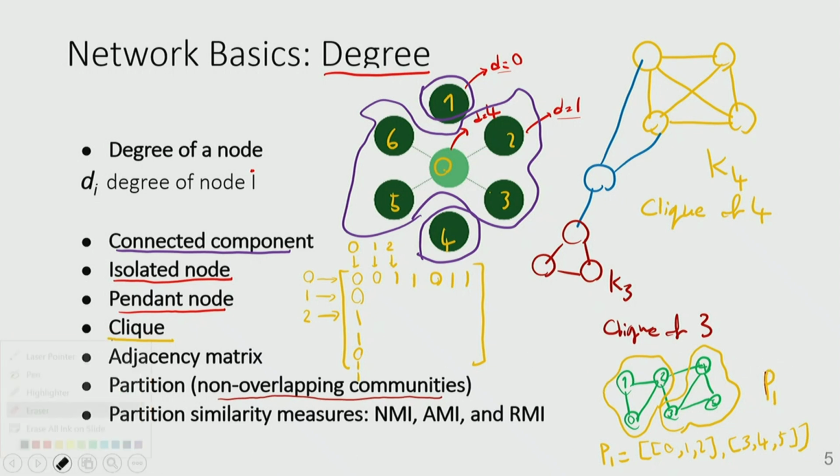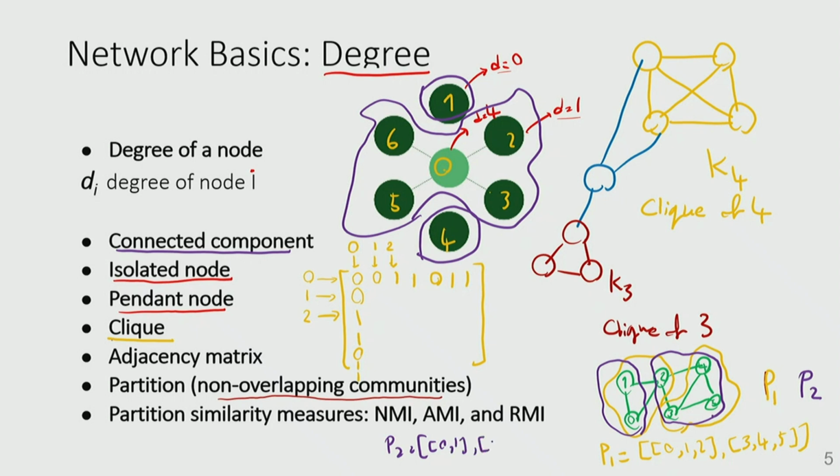For the same network, another partition would be P2. Let's say P2 puts 0 and 1 together, and 2, 3, 4, and 5 together. So P2 as a list of lists would be 0 and 1 in one list, and 2, 3, 4, 5 together. Now, in order to quantify the similarity between partitions P1 and P2, there are three different methods: